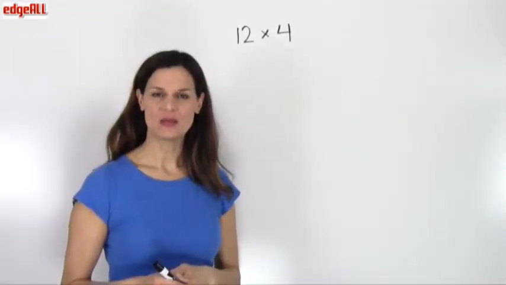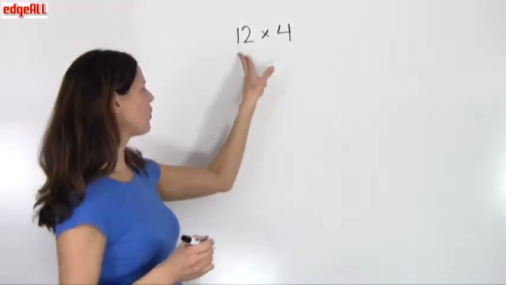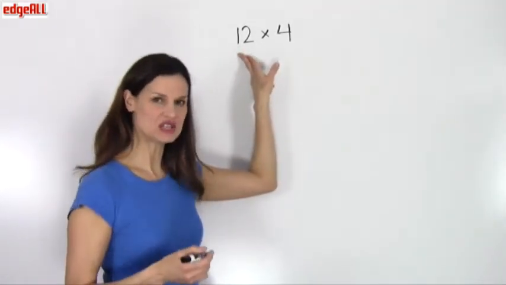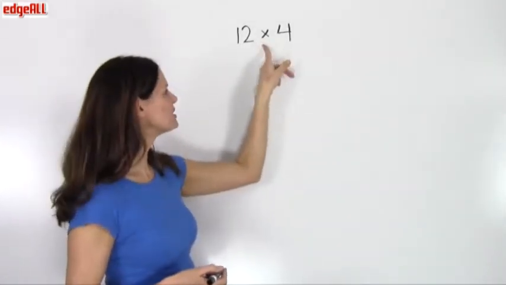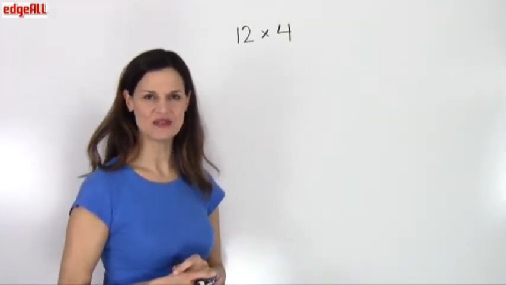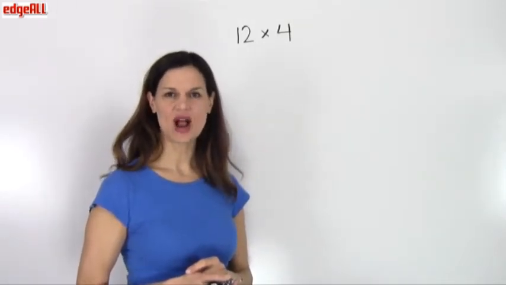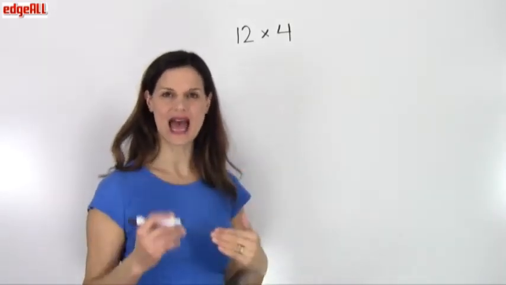Let's look at a problem with a little bit bigger numbers. So we have a 12 here, so now we've got a 2-digit number, and we're going to multiply by a 1-digit number. So 12 times 4. So what I want to do first of all with this problem is that I want to line up my